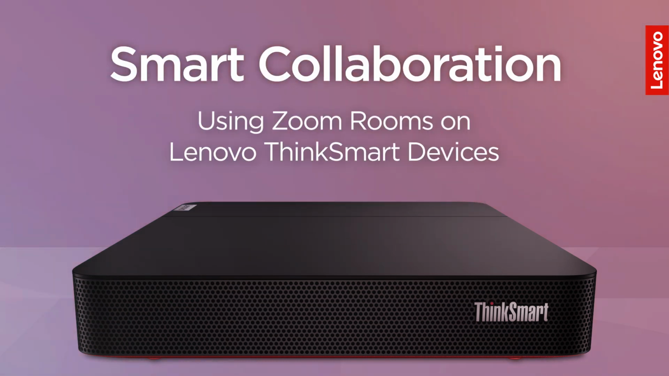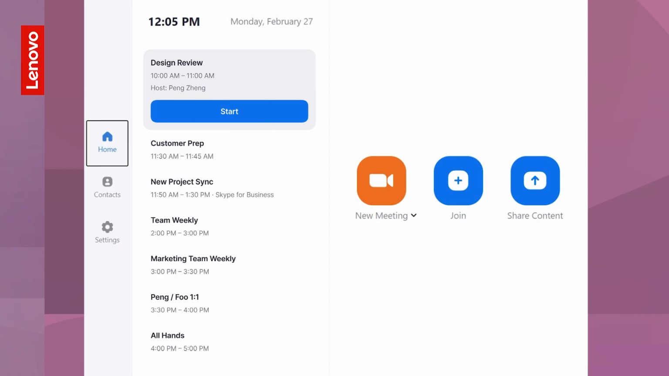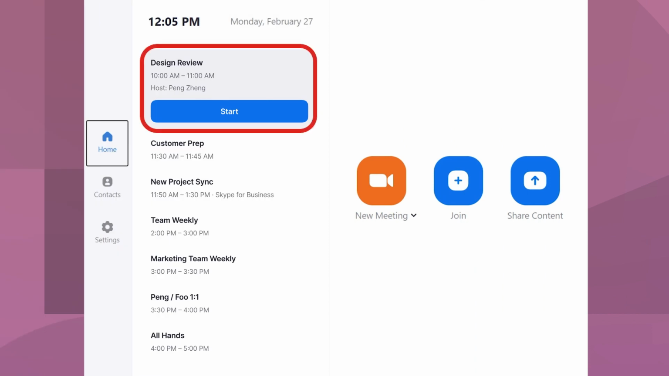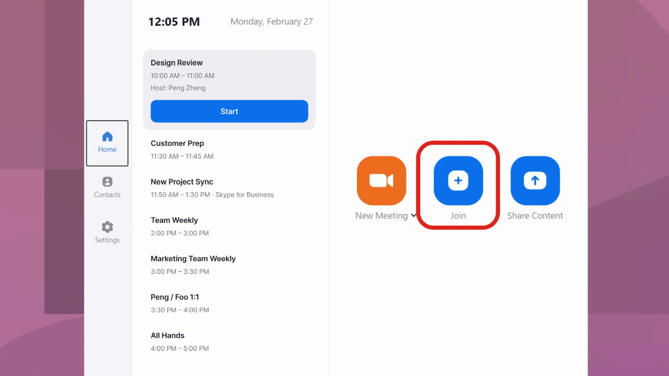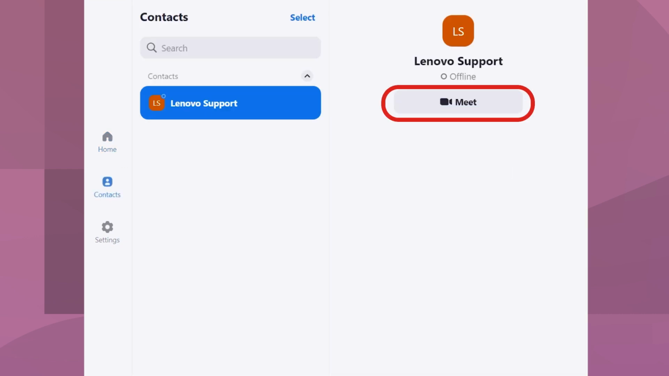This video will show you how to use Zoom Rooms on Lenovo Smart Collaboration devices. On the home screen, you can start a meeting by selecting a scheduled meeting, clicking New Meeting, or if you have a meeting ID, you can join a meeting by selecting Join back on the home screen. Under the Contacts section, you can meet with contacts by selecting their name or selecting Meet to start a video